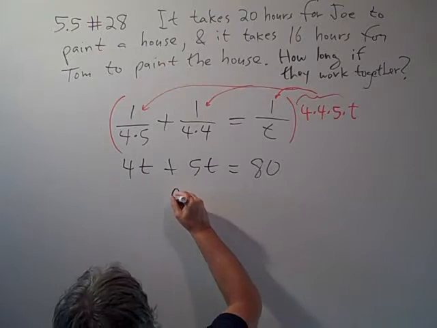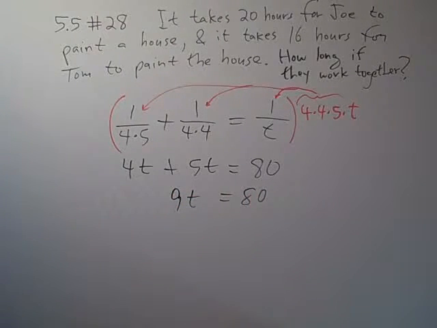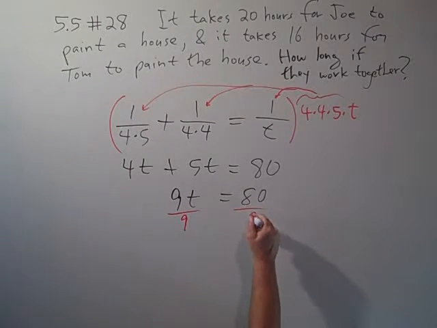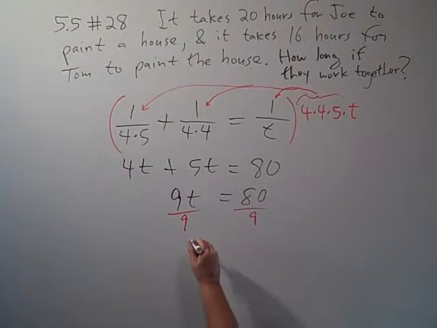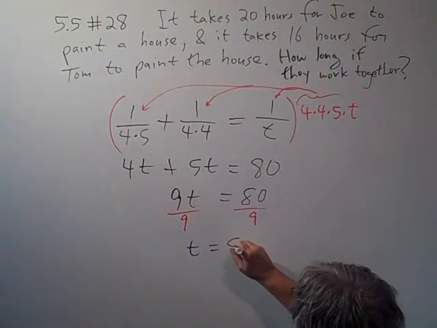So we have that 9t is 80. And if I divide both sides by 9, I should get the answer in hours. So t is equal to 80 divided by 9. And 80 divided by 9 on the calculator comes out to